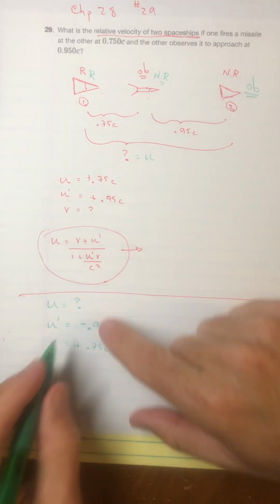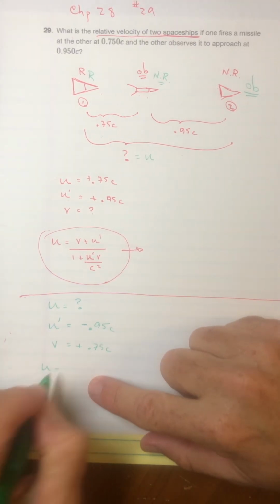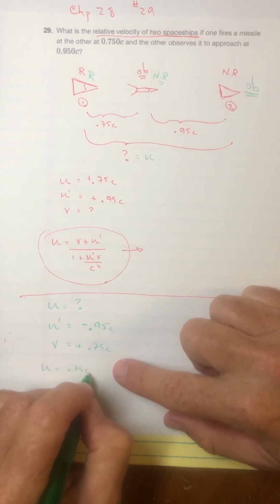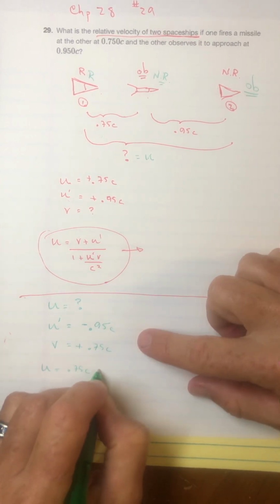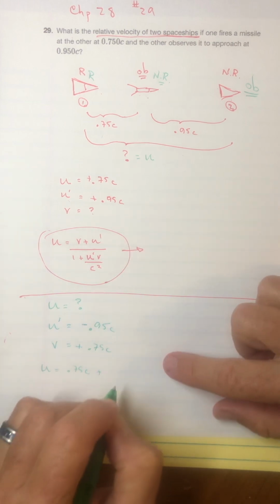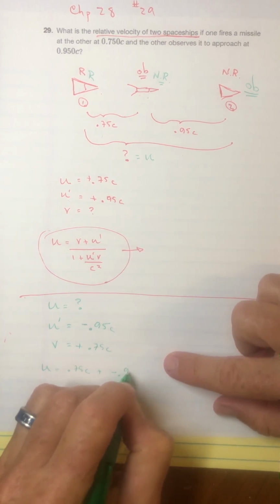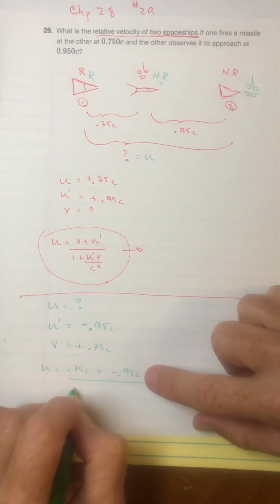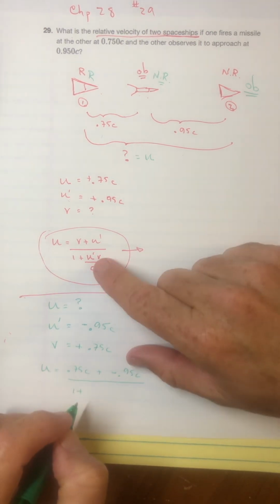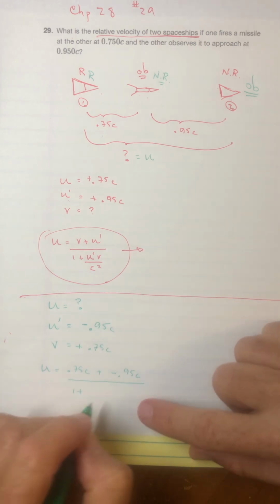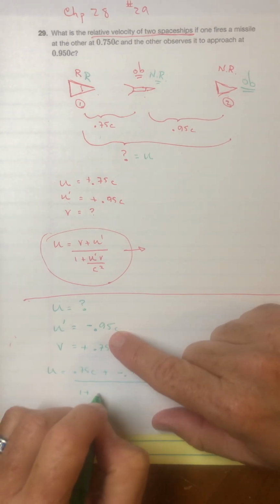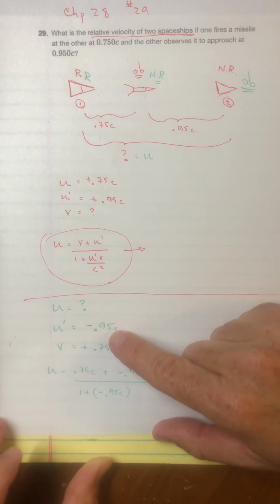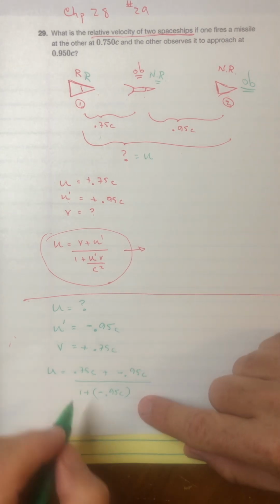If I just go to solve this one, I'll just say u equals, and that I can just plug this in. So this would be 0.75c plus a negative 0.95c all over 1 plus, and then the u prime is the negative 0.95c, and